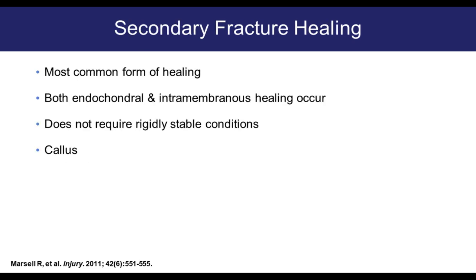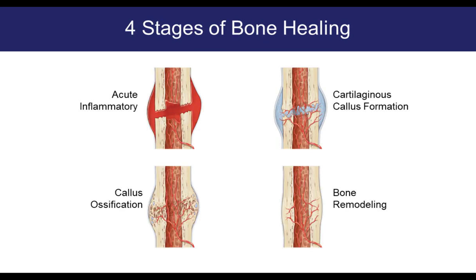Now, the example we gave was secondary fracture healing, and this is the most common form of fracture healing. It's what most of this audience should be familiar with. In secondary fracture healing, both endochondral and intramembranous healing occur. It does not require rigidly stable conditions, and callus forms. And in fact, you don't want it to be overly rigid. You're trying to find that perfect balance of stress and strain so that there's enough motion to form callus, but not so little motion that it doesn't heal, or too much motion that your implant or the fracture can't stay aligned. We have a cartoon here that goes through the 4 stages of bone healing that you get with secondary